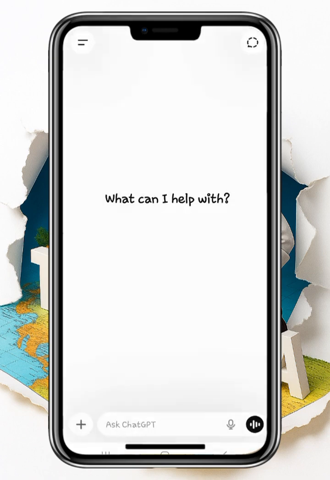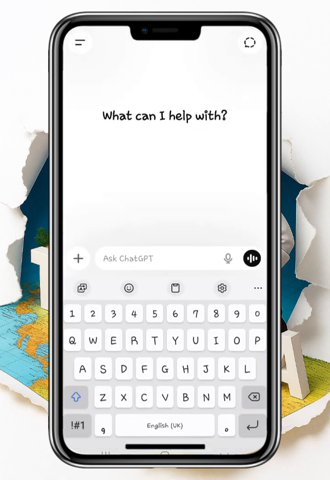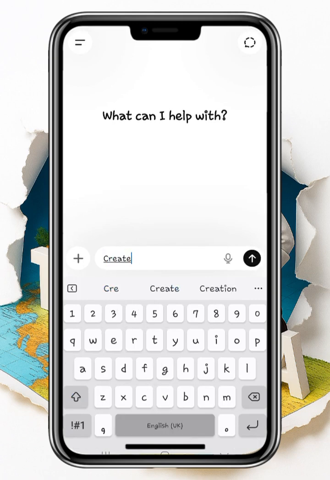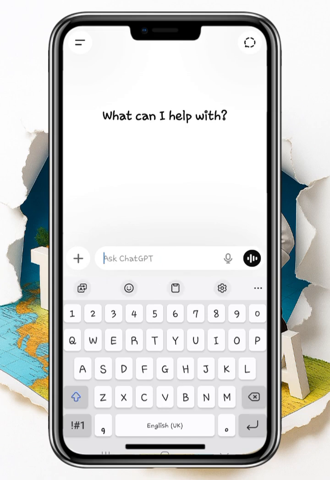Like if you want to create an image, you can just tell it. You can upload, you can say create a logo. I just want to use this one as an example. There's a way you do it. I just want to show you that ChatGPT can do anything. You can tell it, okay, for instance, I can say write,